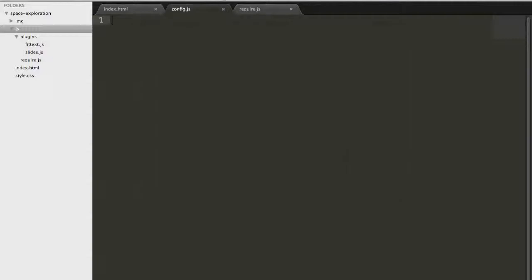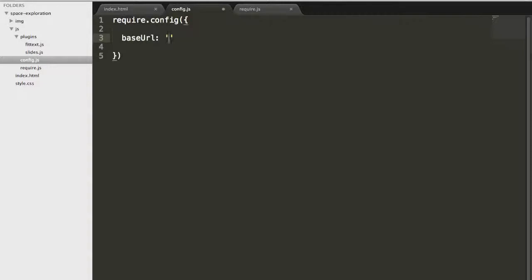So let me go ahead and create config.js. Alright, so let's now define what modules we need, including the dependencies, and this is what I really like about require.js. So require.config, and inside require.config we will have a base URL which is /js, and next we will also define the dependencies. So for DEPS we will say it is called main, and next we will also define the paths,